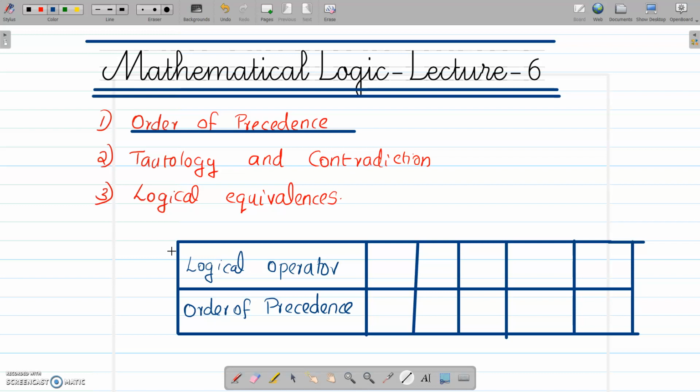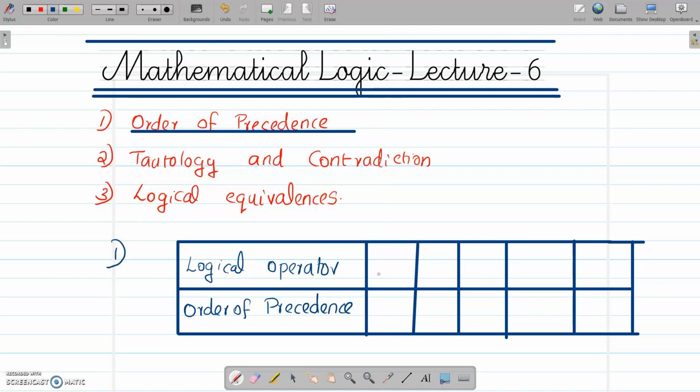In this class, I would like to explain about the order of precedence, tautology and contradiction, logical equivalences. First of all, order of precedence. So in this order of precedence,